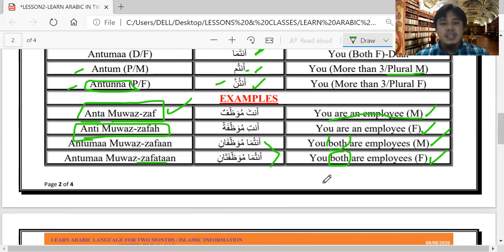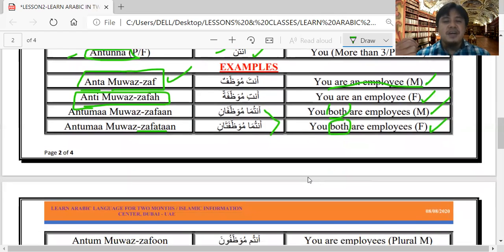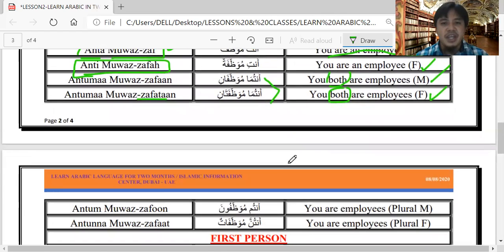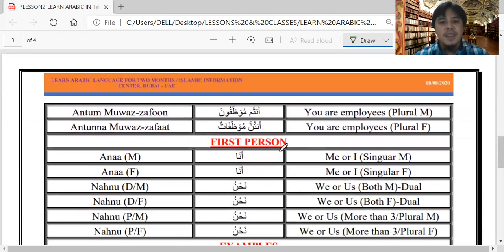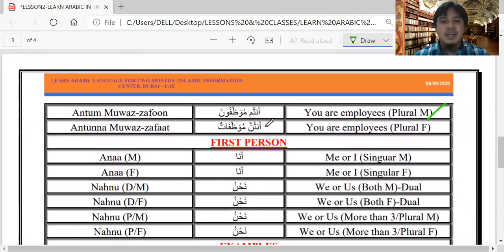Okay, so we have the singular, dual, plural, and the gender. So we need to identify them, either male or female, and you can see the signs for the male or female. Next, plural, male. We say antum. You are employees, plural. Antum muwaddafun. If I wish to say you are engineers, I will say antum